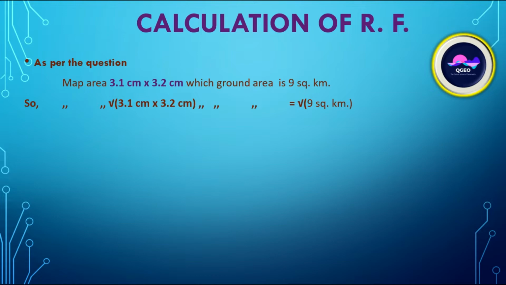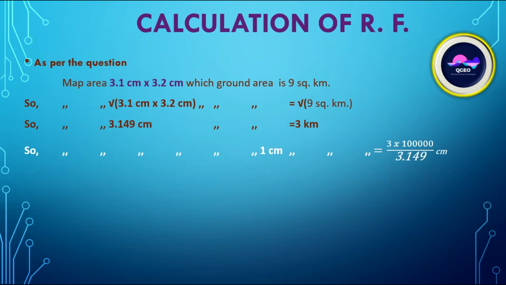By taking the root on both sides, we can write in this manner: 3.149 centimeter is equal to 3 kilometer. So we can write 3 into 10 to the power 5 by 3.149 centimeter, that is 95268